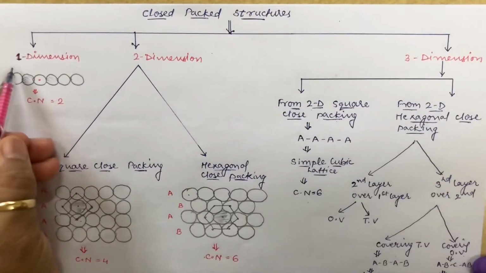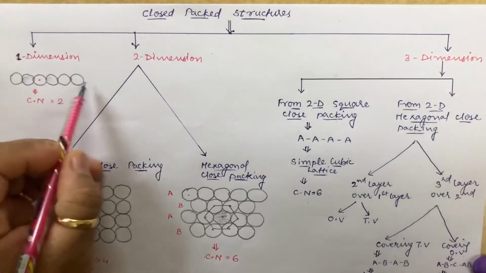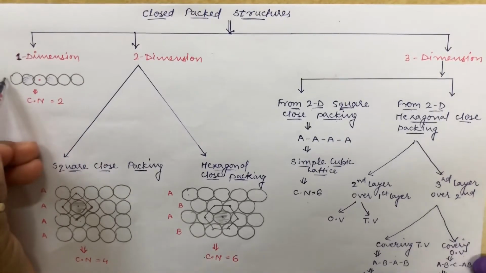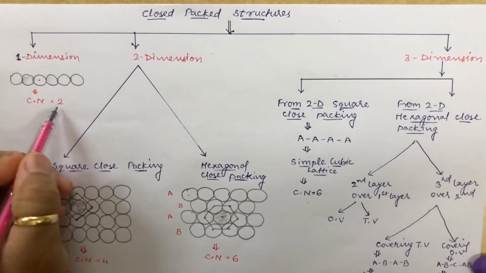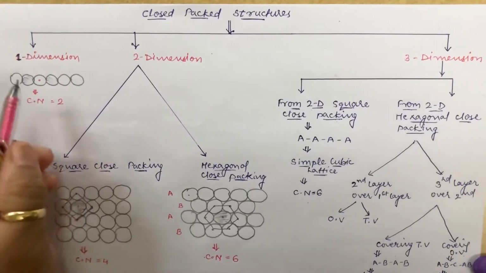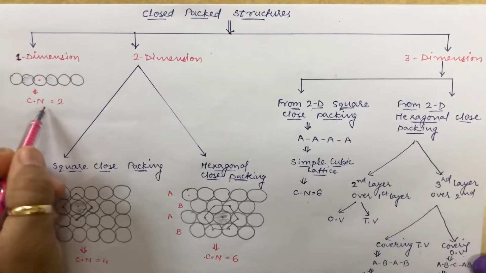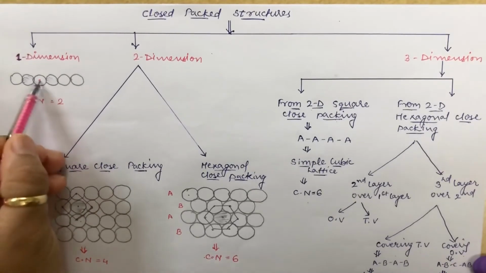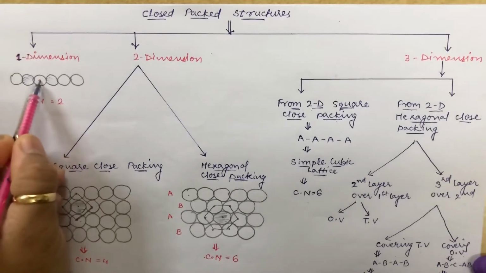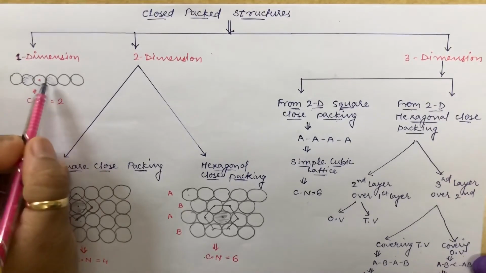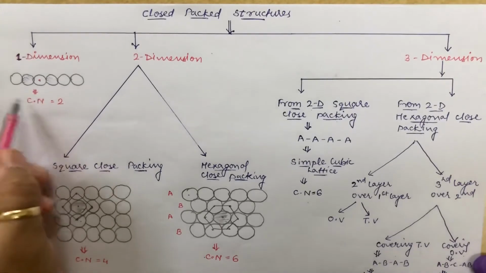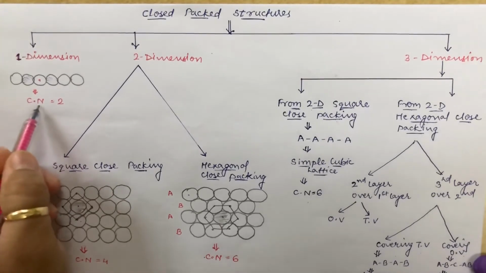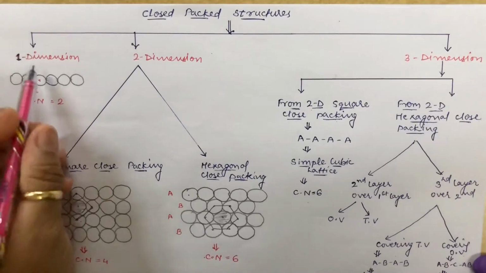In 1 dimension, when you are trying to arrange these hard spheres, the only possibility is this way you can arrange them, where I showed you here that the coordination number for such an arrangement would be 2. Now, what do I understand by coordination number? It is the number of neighboring atoms for a particular atom. Suppose if this is the atom whose coordination number you are asked to find out, then exactly the nearest atoms which are in direct contact with it are referred to as its coordination number. So CN here is, for simplicity, referred to as coordination number, and in this case it is 2.